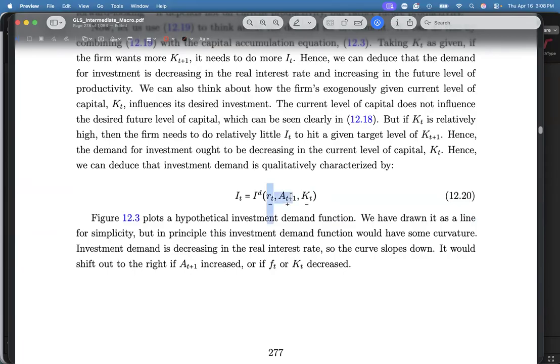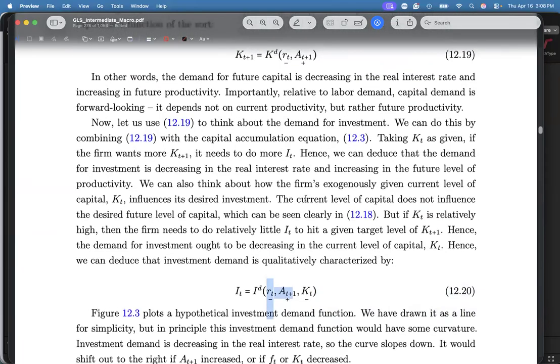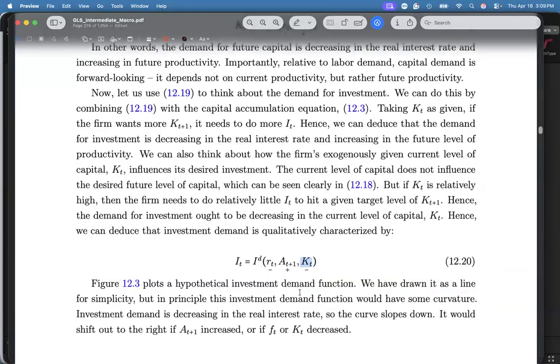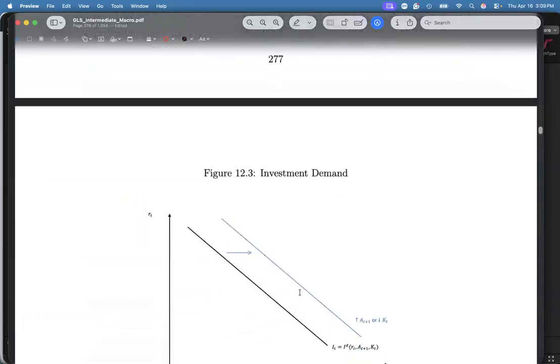Because like we said, these two things, R_t and A_{t+1}, that is K_{t+1}. And if you hold K_{t+1} constant, and if you increase the past capital stock, then that means you don't need to invest as much, because investment is just additional capital that you want to go from K_t to K_{t+1}. And kung mas marami ka ng K_t, then you don't have to invest as much. But this should be super duper clear.